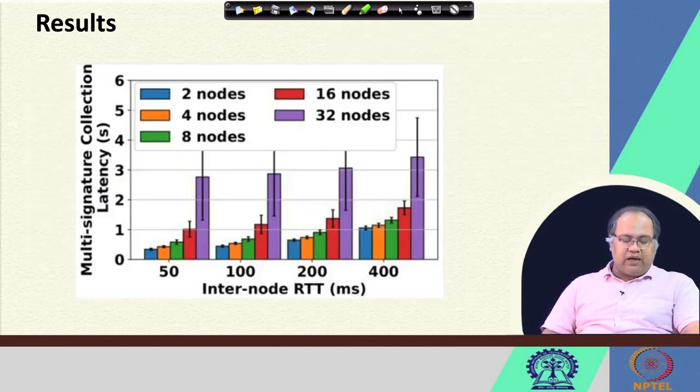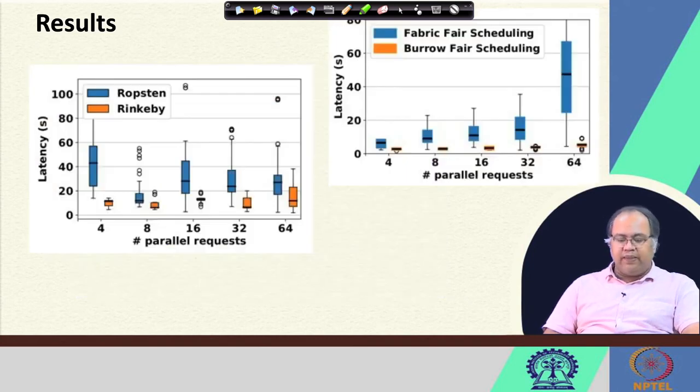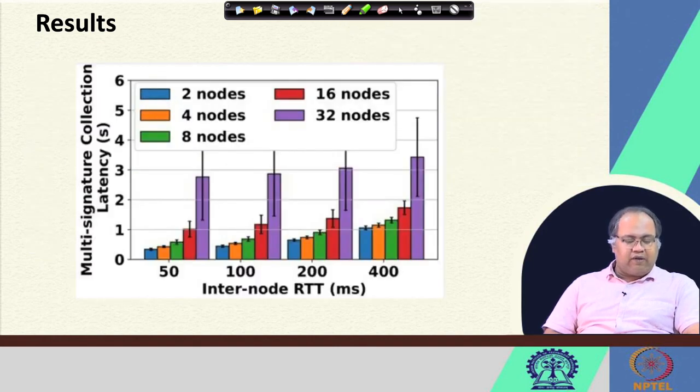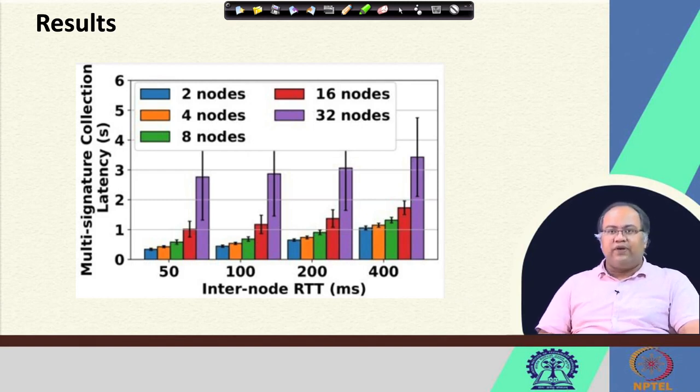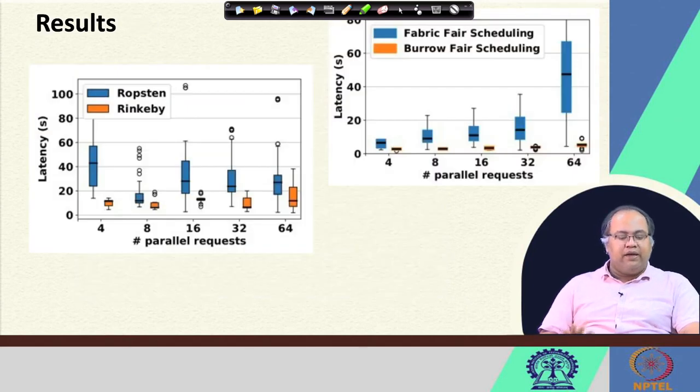And finally, this shows the latency for multi-signature collection. Here you can see that the latency is in the order of seconds. If you compare the individual latencies, for the blockchain network the latency was sometimes in the order of a few minutes, some 60 or 40 seconds, and for multi-signature collection it is 4-5 seconds at max. So this component is not very significant; rather, the significant component is running consensus on top of the public blockchain network and the private blockchain network.